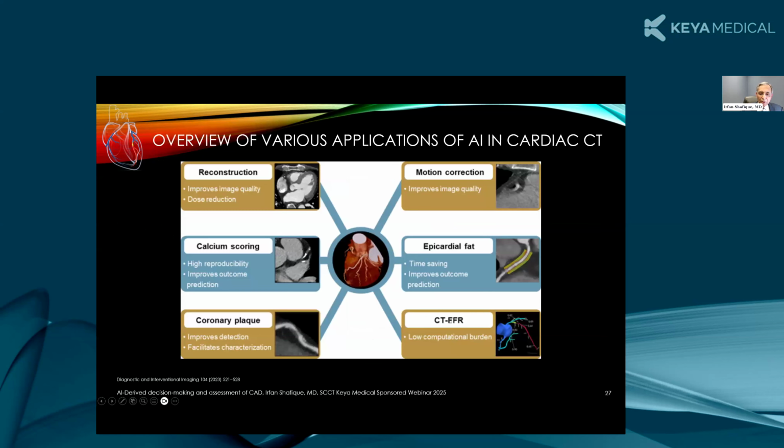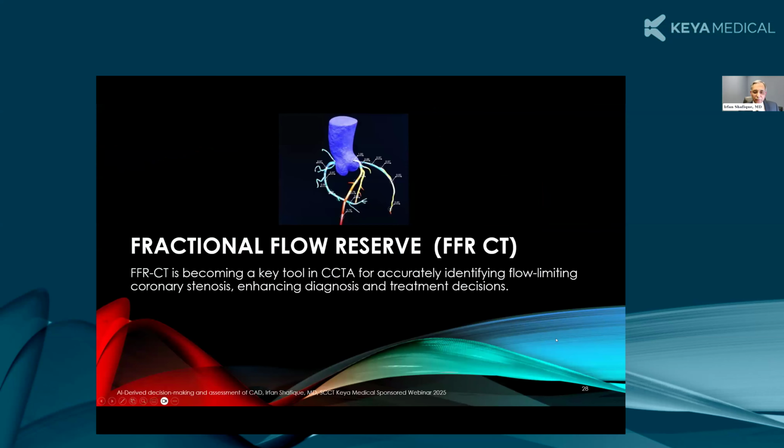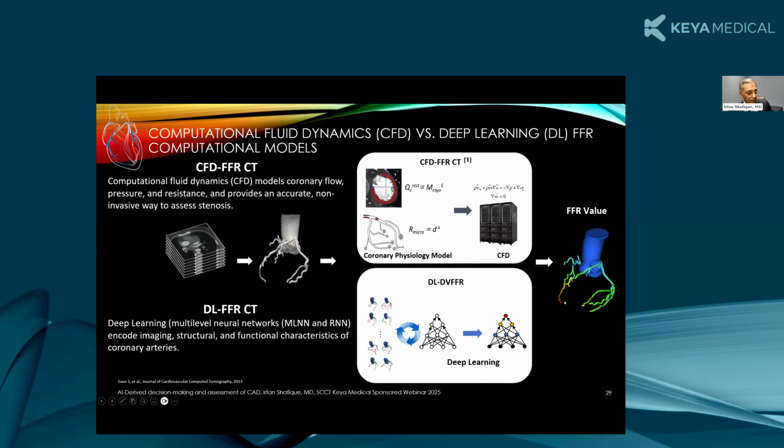So now we've talked about the other things, let's talk about the FFR. Fractional flow reserve CT is becoming really a tool for accurately identifying flow-limiting coronary disease. That's very common in our practice and other places too. I think everybody's trying to use that to make the right diagnosis and to see what we have to do next for the patient. There are many ways to compute that. The computational flow dynamics